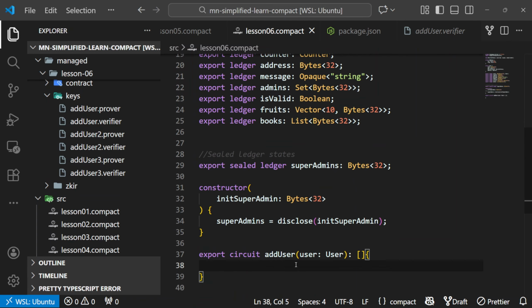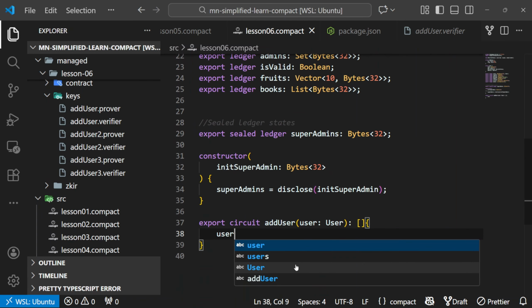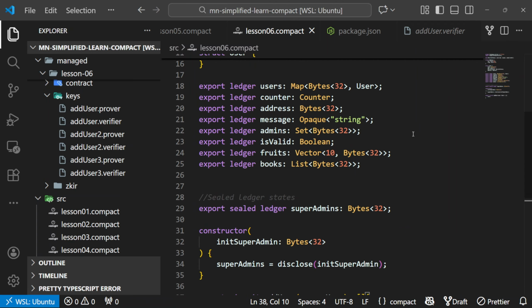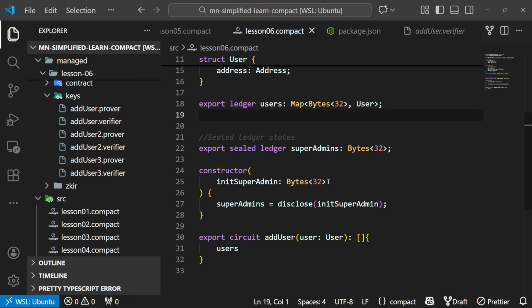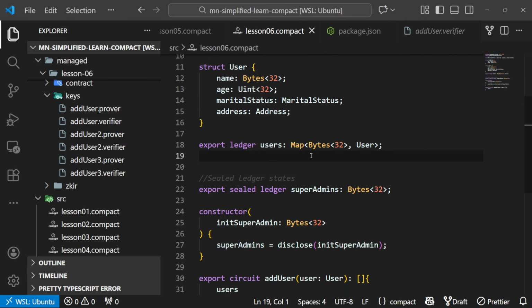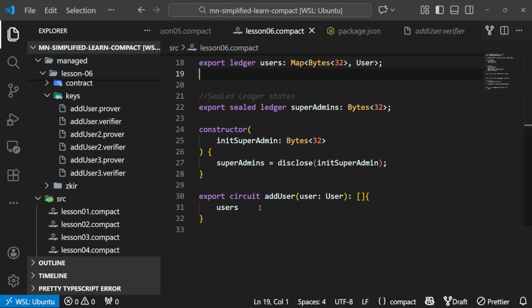What we can do is just say users as we've defined here. I'm just going to cut this out since we're not using them, so we can see clearly. So we're just going to add them to these users. So new users dot insert